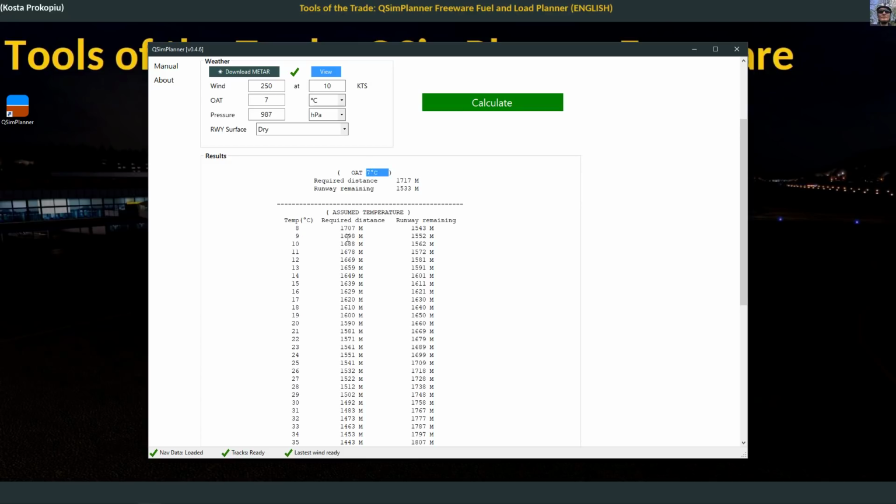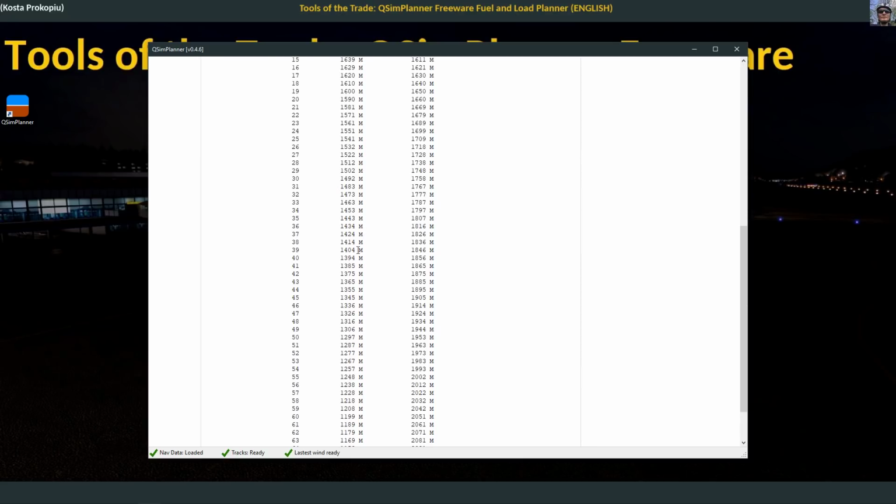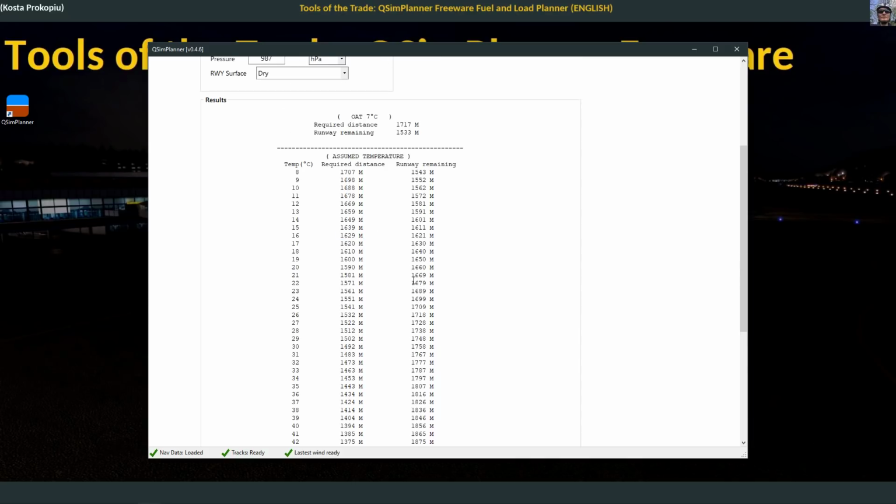In reality, we have 7 degrees, OAT is the outside air temperature. I could decide to derate my takeoff, let's say, by putting in 44 degrees. In the Airbus, you can do that as well. Which would mean that with 44 degrees, the required distance